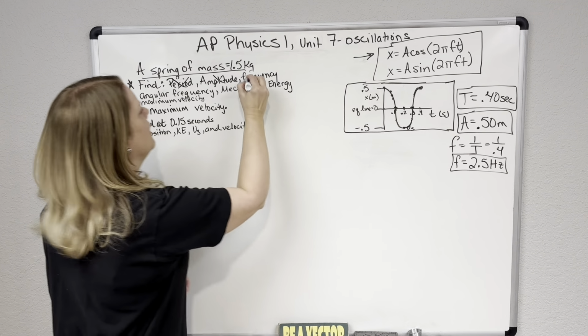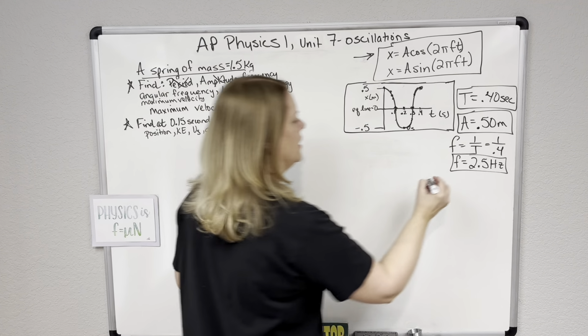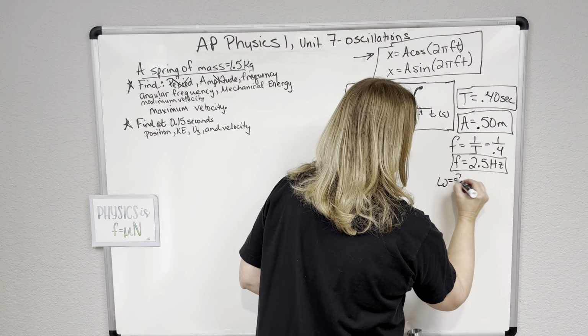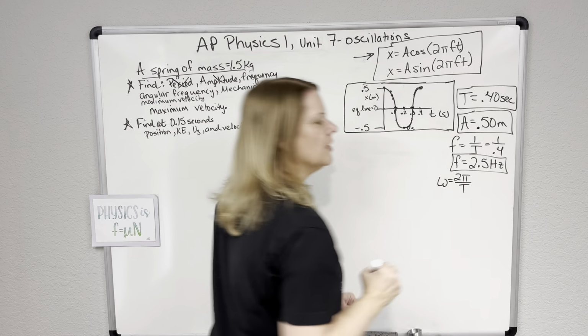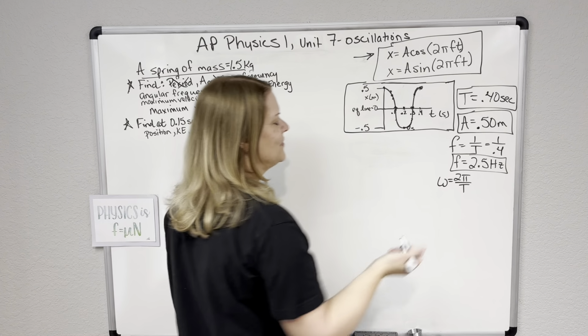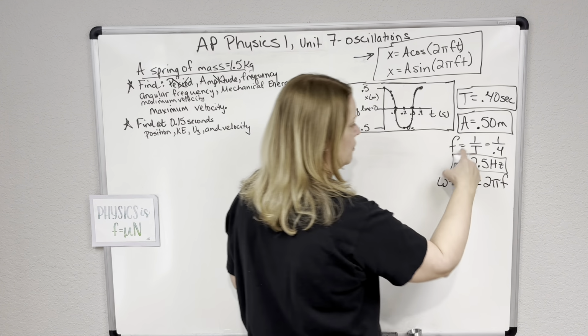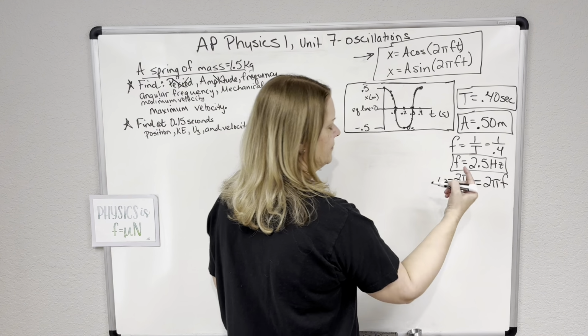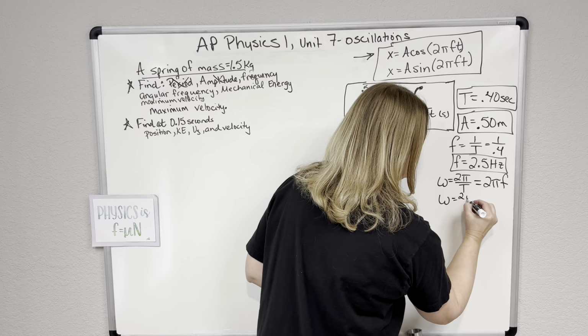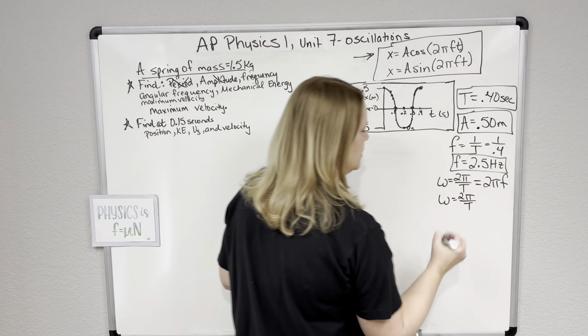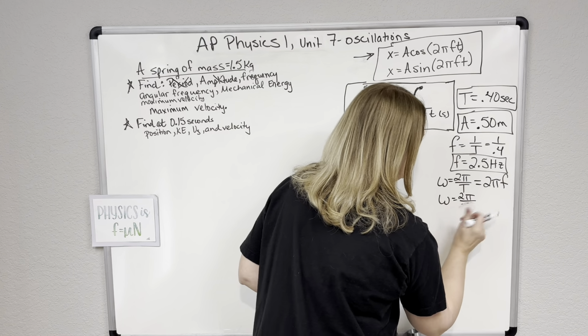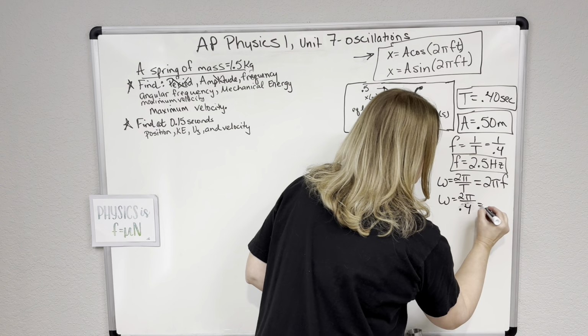Awesome. Now they ask for angular frequency. Angular frequency we remember is one cycle over the time it takes for one cycle, or it can also equal 2 pi times frequency, because we know frequency is 1 over T. It doesn't matter which one you use. I'm doing the period, so that would be 2 pi divided by 0.4 seconds, and that's going to give you